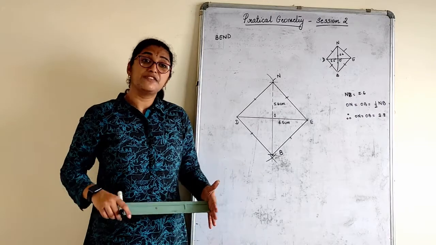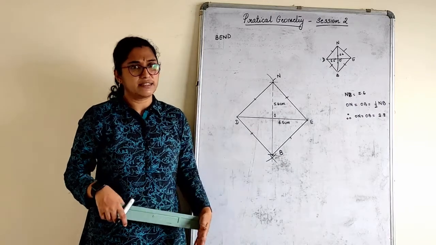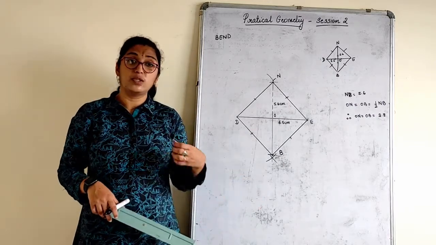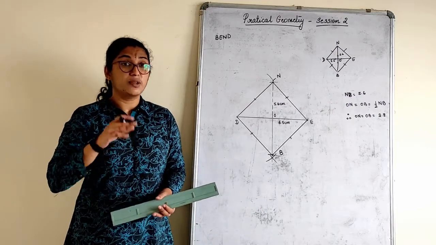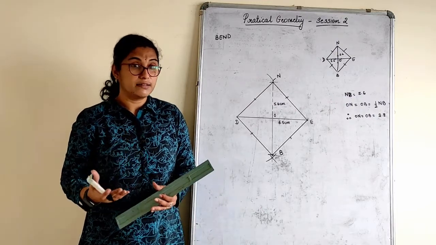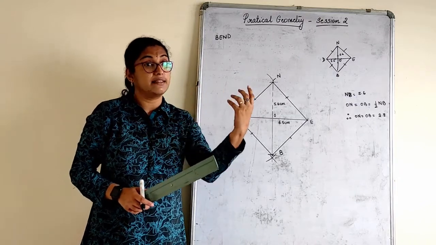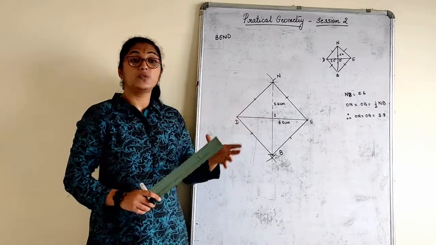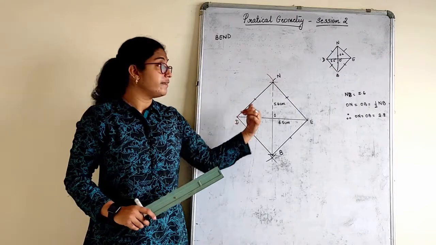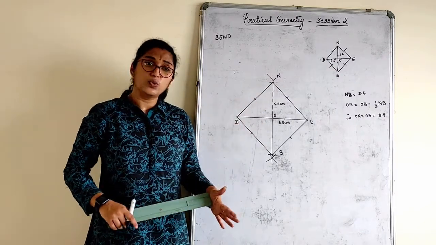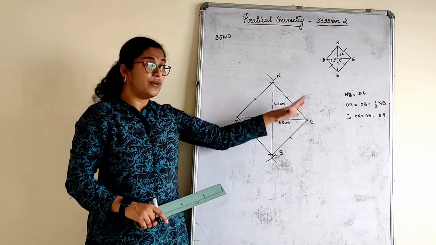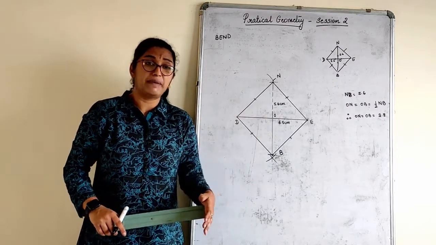Now how to construct if sides are given? We have that again in the next exercise. So in today's exercise, we studied construction based on diagonals more rather than sides, right? Quadrilaterals also we constructed where 2 diagonals were given and the remaining 3 sides were there. Rhombus we understood how to construct on given 2 diagonals. With this we end today's session where we understood the construction with a few different parameters.